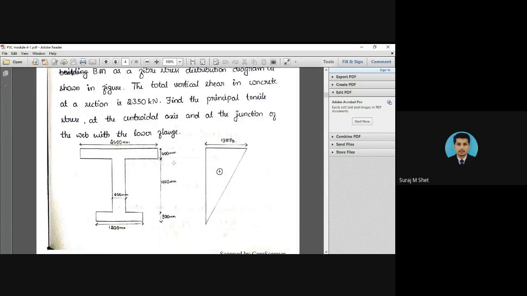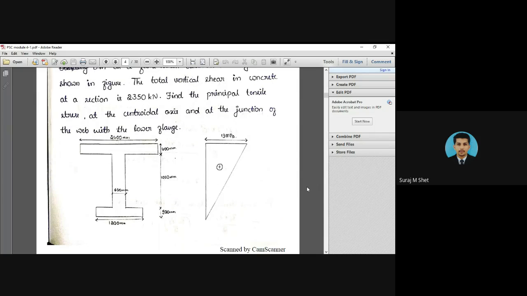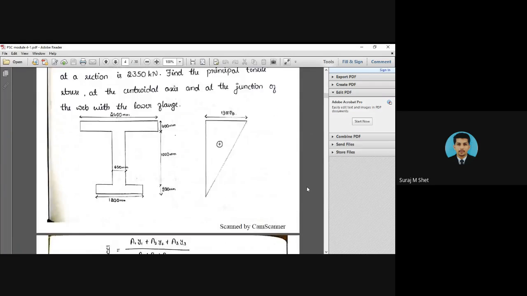So this is an I section. This is not a symmetrical I section; this is unsymmetrical. See, this breadth is 2400 here, 1200, and also 13 MPa is given, which indicates the Fy value. Whatever the given data, I'll write here. Before calculating this, how to calculate the Y value? I'm taking the steel fiber lower value. So I'm calculating the Y bar because this is unsymmetrical.